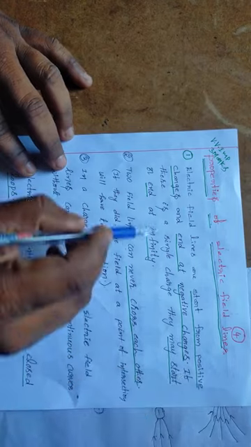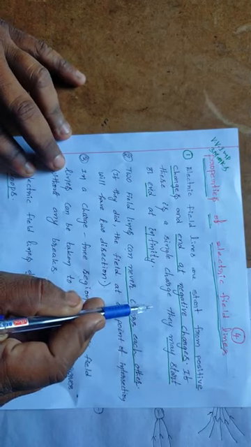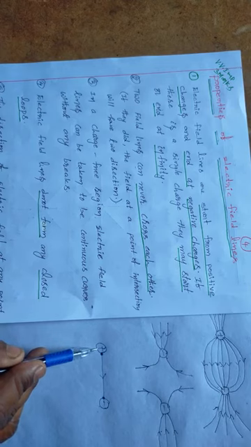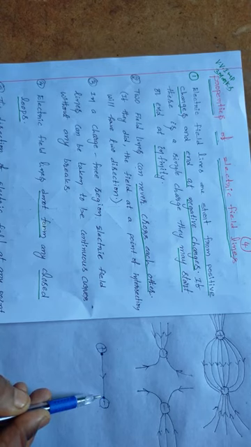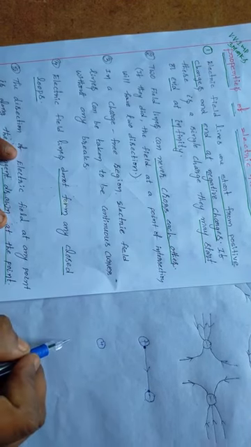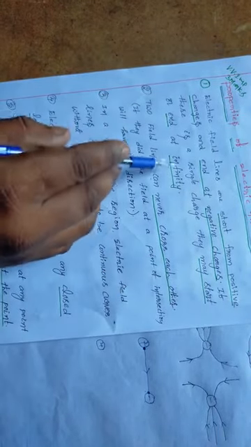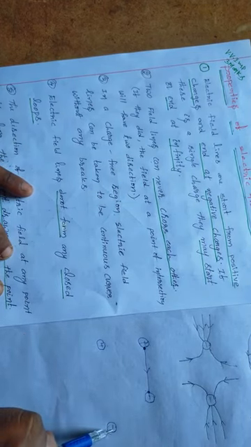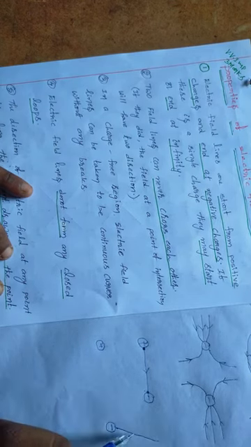Right, thereafter, if there is a single charge, that means if positive and negative charges are there, electric field lines start at positive charge and end at negative charge. Suppose there is a single charge, only positive charge or only negative charge, in that case electric field lines may start or end at infinity. For example, here a single negative charge is there. For this single negative charge, the electric field line we can draw like this.